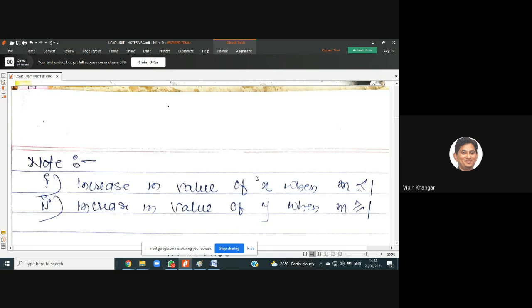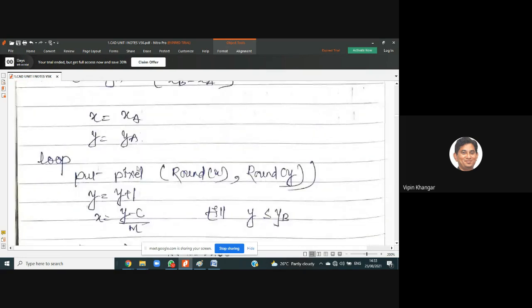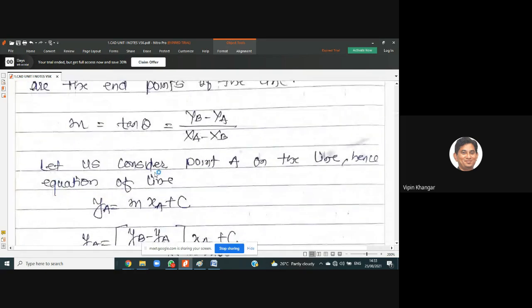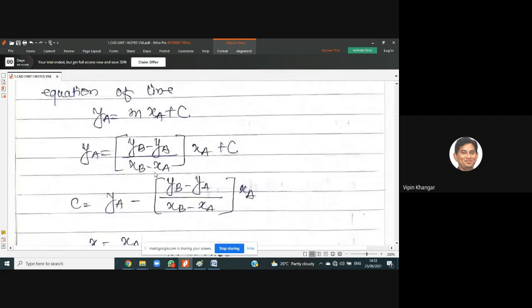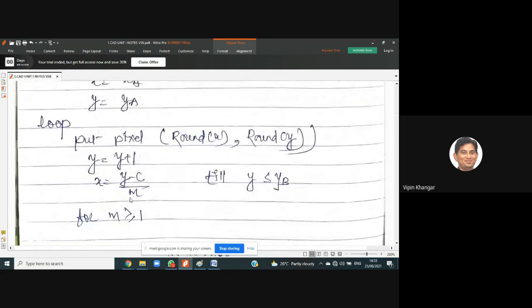Okay, so here you understand. Now here, what is the slope? See, the values are not being given, so we're just going to consider that the slope is greater than 1, or it is specified in this numerical that your slope has a value greater than 1. That's why we go in the incremental of y. So the next point, y is equal to y plus 1. This is the earlier point and this is the new point. Now how do you calculate x? x is nothing but, we have to make use of this line, that is y is equal to mx plus c.